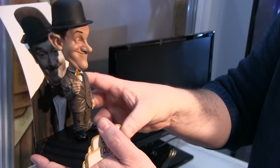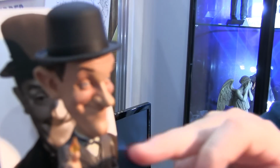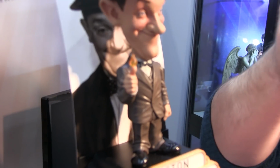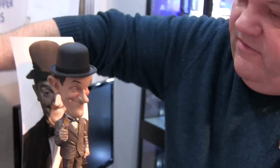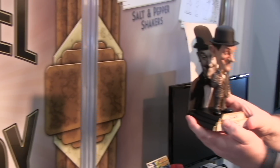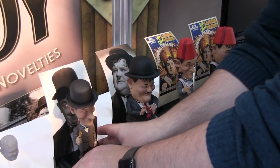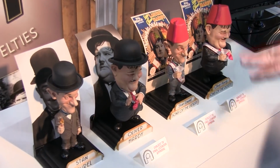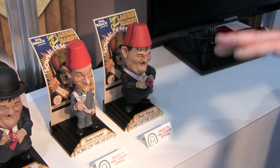So I'll pick him up there so you can get a nice view of him, even down to the little texture on the hat, and obviously the fan favourite, lighting his thumb. Bases here are going to be done more in a bronze kind of effect, more like what we've got here on the graphics on the back. And we've got Ollie, of course, and then we've got the Sons of the Desert, that will have the Sons of the Desert added to their fezzes as well, because we know that's a big favourite with the fan